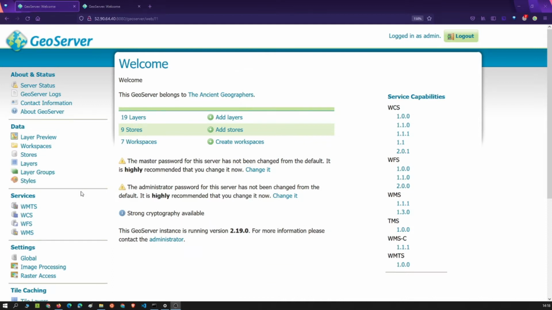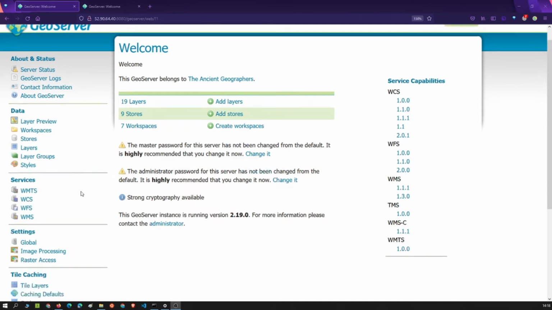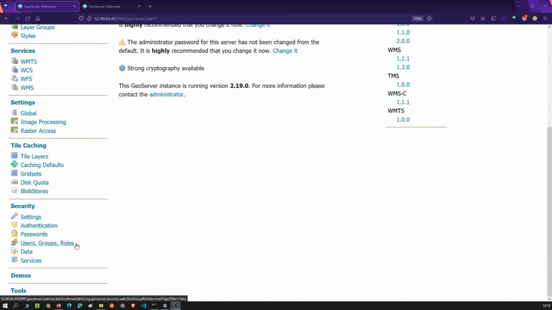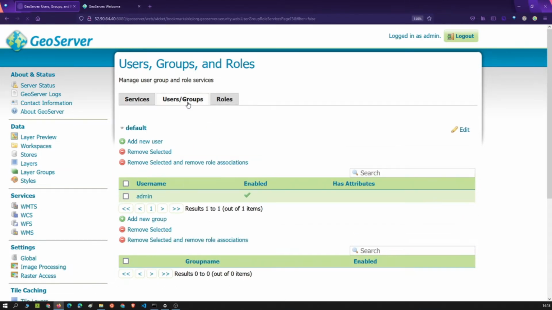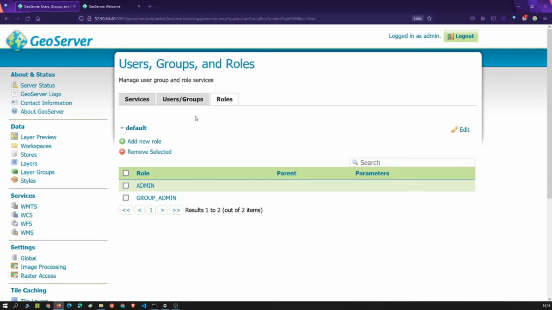Now before we limit the access to data, there are a few concepts which need to be understood. Let us go to users, groups and roles. An important thing to understand is users and roles. What happens in GeoServer is when you create new users, those users are assigned to a role, and roles have specific tasks, say read, update, create and delete operations which they can perform.